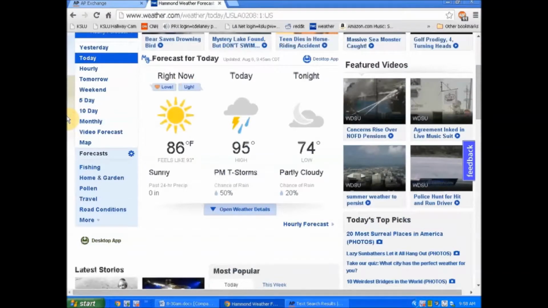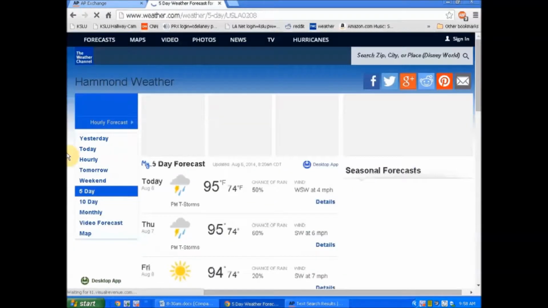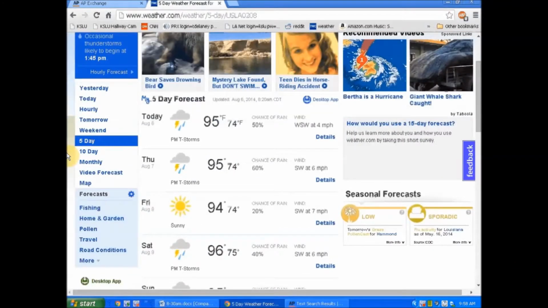And keep in mind, this is going to run in the afternoon. So you want to do the forecast for tonight, tomorrow, and maybe the next day. So let's grab that really quickly. Actually, we'll just keep this popped up, and we'll just flip over to it. So we'll talk about